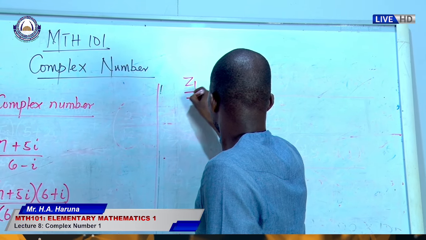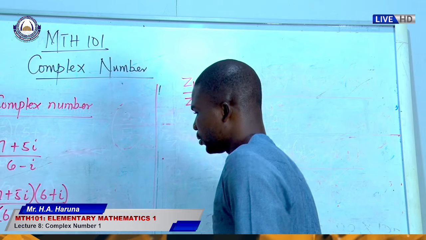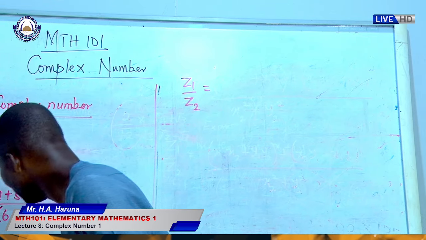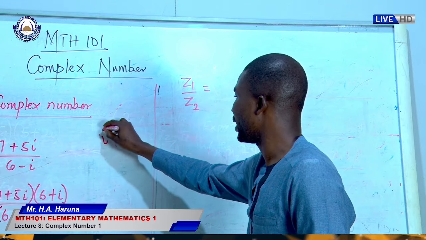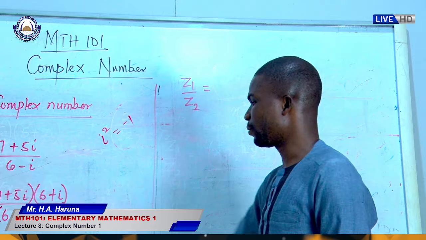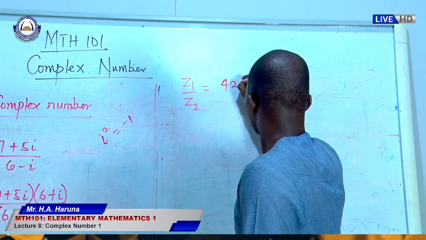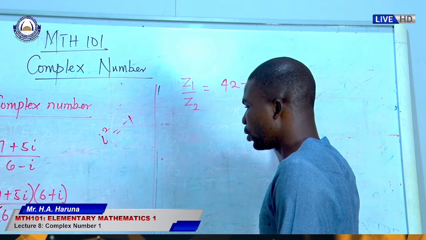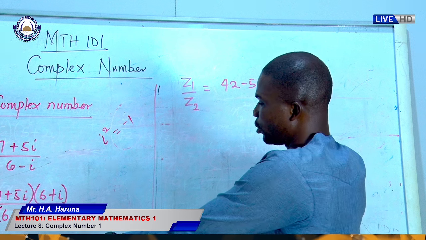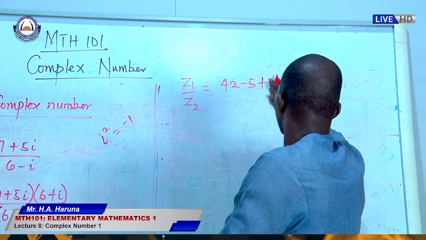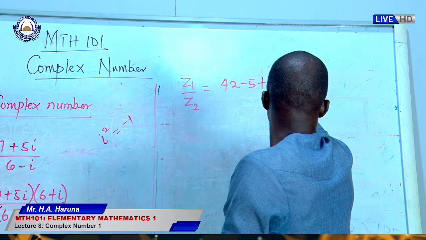Z1 over Z2 equals, now 5i squared is minus 5. You will recall that i squared equals minus 1. So that's minus 5, so you have 42 minus 5, plus 7i. 7i plus 30i gives me 37i. Okay, so you have 37i over